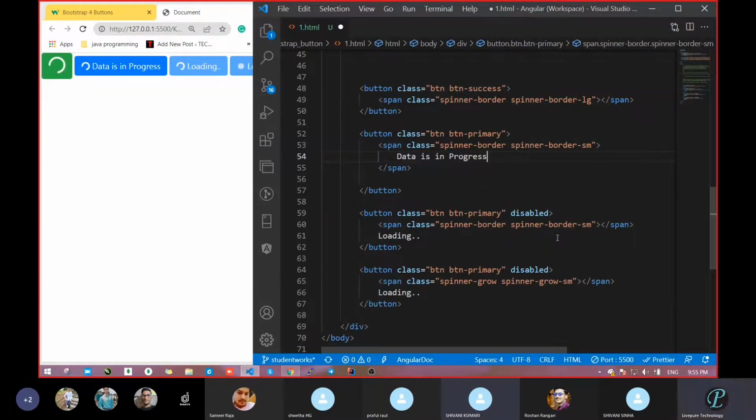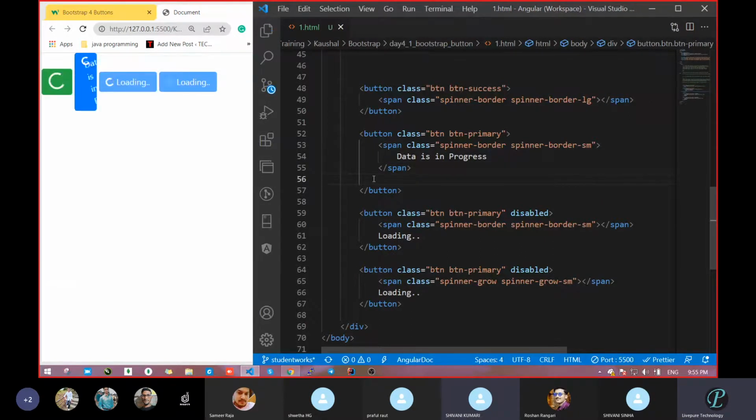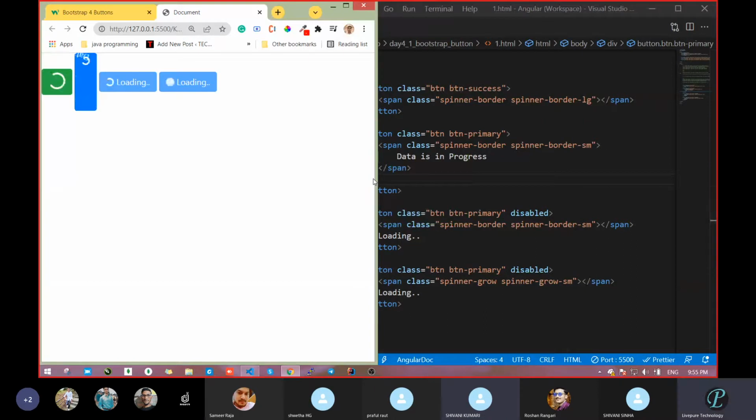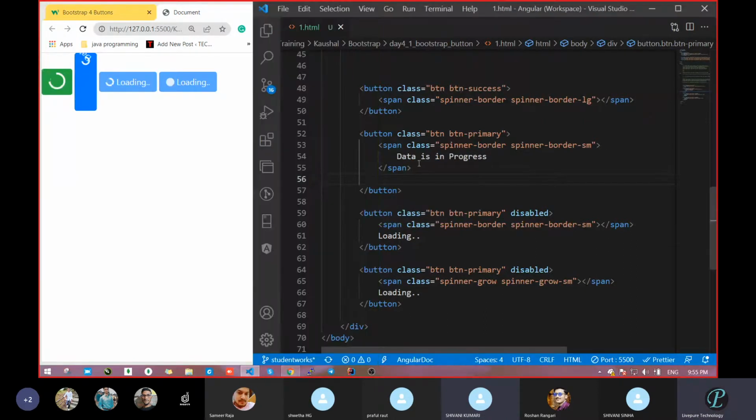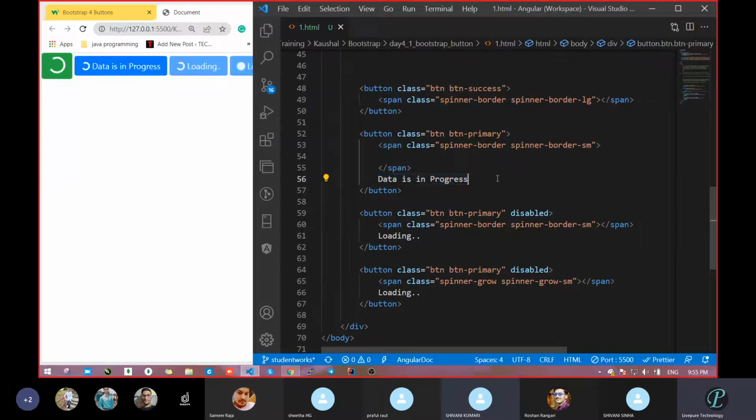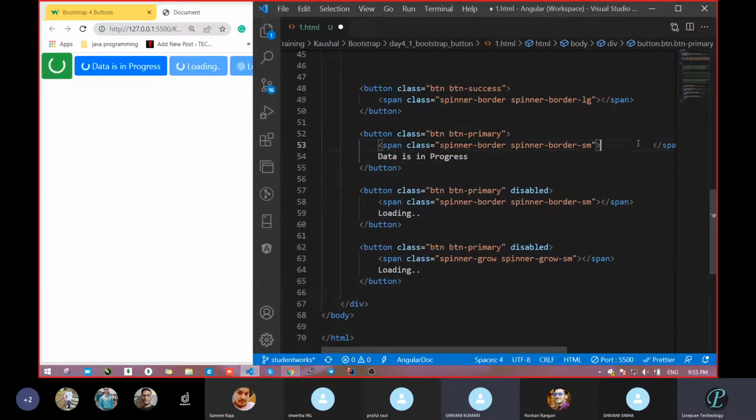Okay, because we had written that outside the span. So let's save and see what we're getting. Had you seen the issue? That's why we had not written this thing within the span, because this is a spinner class which is available with the span, and if you write anything within a span, it will rotate. That's why we are writing this outside, between the button tags, meaning whatever you had written here becomes the value for the button, like click me or something we are passing, correct or not?